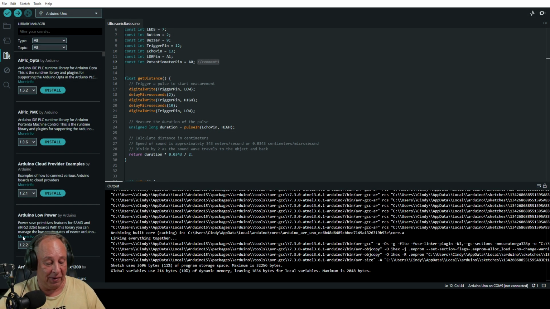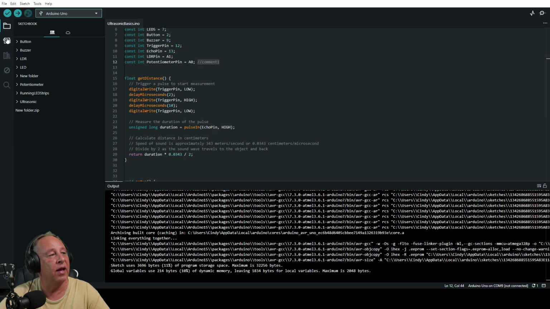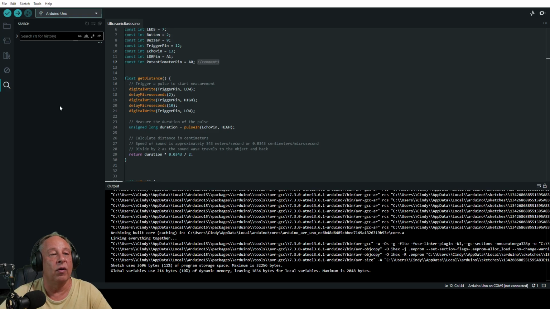All right, so let's quickly just look at the Arduino IDE and what it consists of. To the left-hand side, you have places where you can quickly get to certain areas of the program.